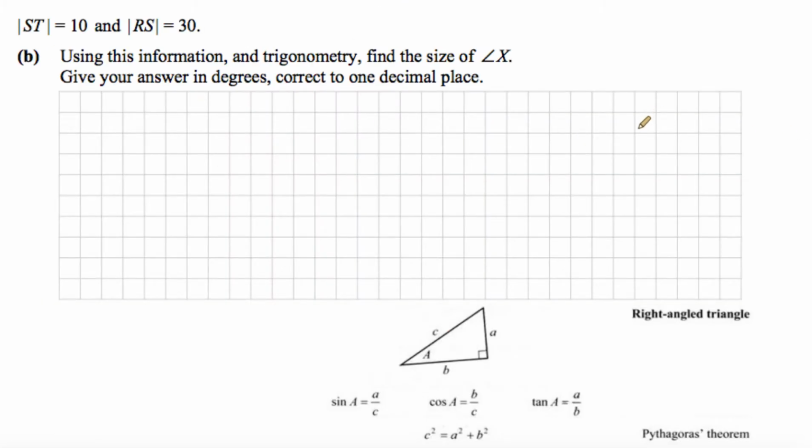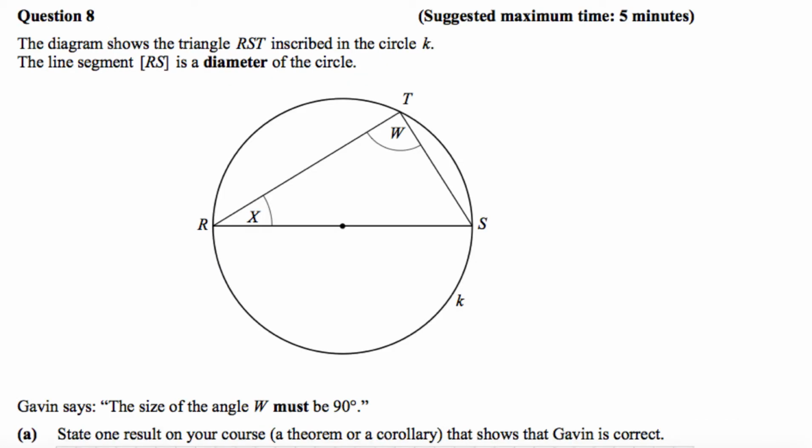Part B, the line ST is 10 and the size of the line RS is 30. Using this information and trigonometry, find the size of the angle X. Give your answer in degrees, correct to 1 decimal place. Okay, so the angle X is marked here. So we're looking for this angle. We know the angle W is 90 degrees because of the theorem in part A, and the corollary. So we're dealing with a right angle triangle,